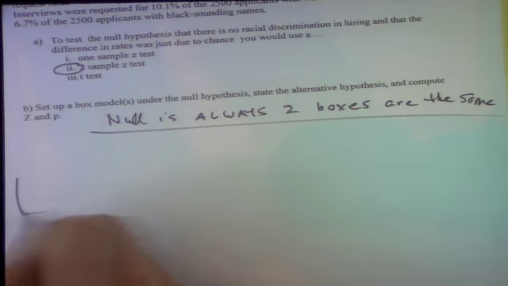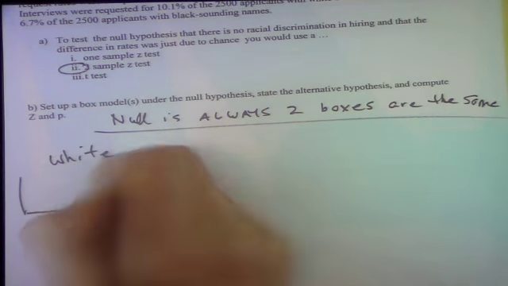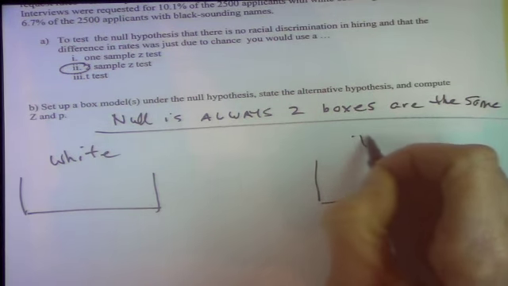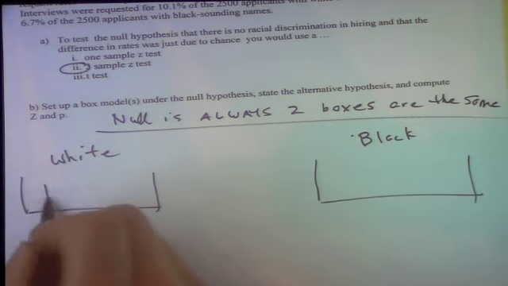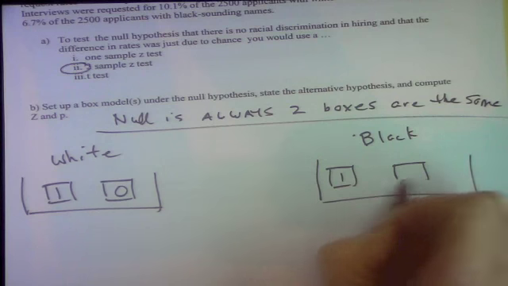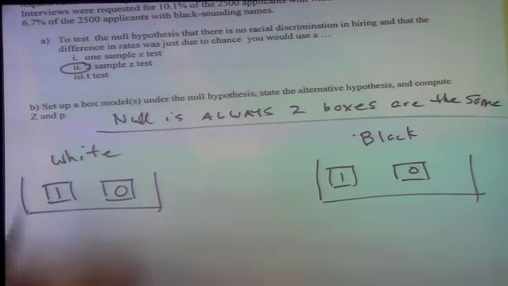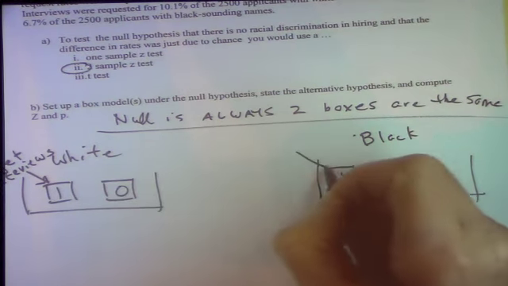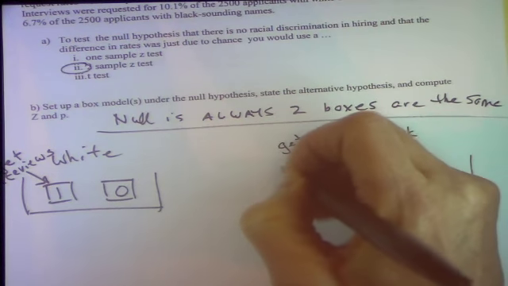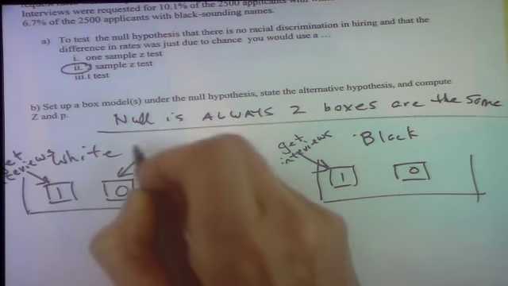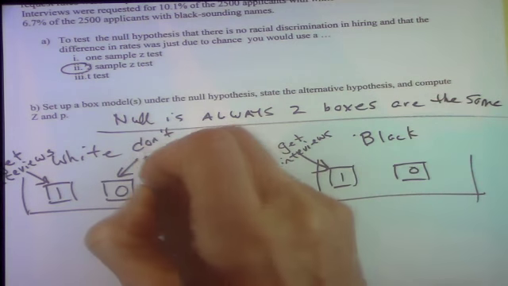We have two boxes, one with all the white people that apply for these types of jobs, and all the black people who apply for these types of jobs. And they either get interviews or they don't. What we're saying is that in the general population, these are equal. There's no discrimination of this type going on. It's just in our sample, just due to the luck of the draw, we have some difference.